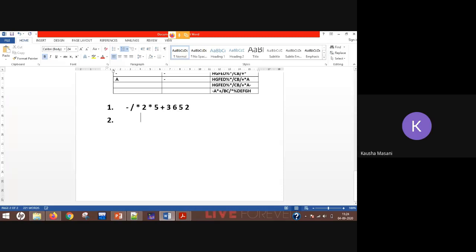Okay, then what you can do is, see, the numbers which are immediate on the right hand side. This is the method which I generally do. The numbers which are immediate to the right hand side of the operator get the operation. The numbers which are immediate here are 3 and 6. So if you go on adding, it will be 2, 5, 6, 3. So when you pop out, 3 will be the first one to be popped out, 6 will be the other one, because the plus sign was next.